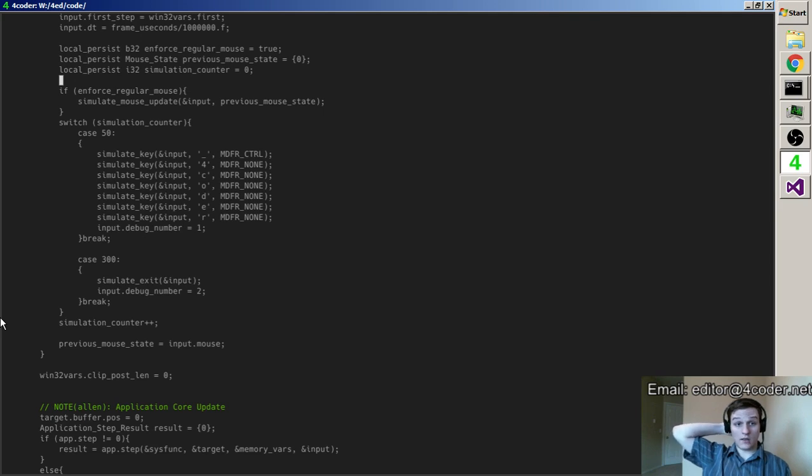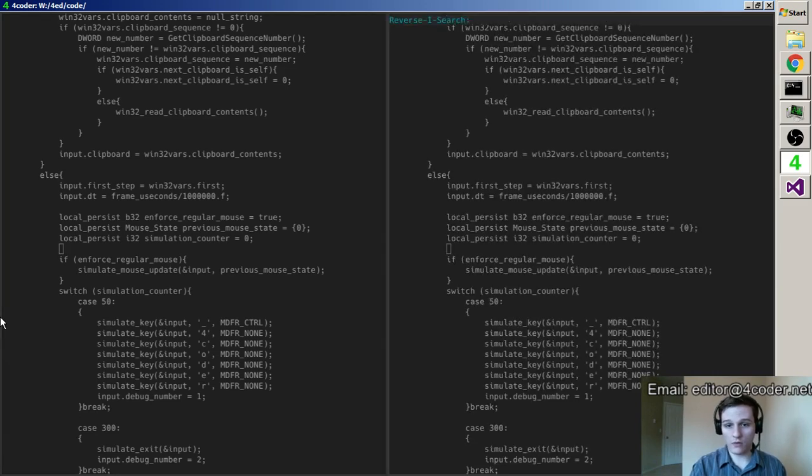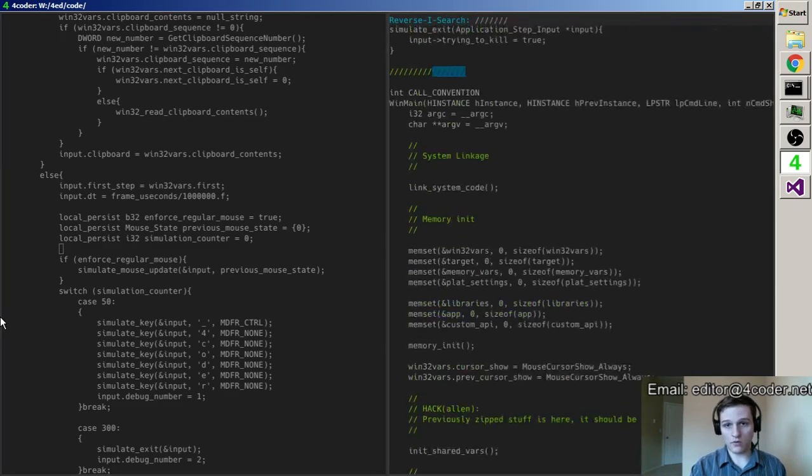Exit. So the next part is I don't want to have to keep writing these switches and pasting code in or something to run all my tests. I want to have some kind of driving system that auto does this, and I just load in a chunk of data and run it, and it is a test, right? So let's try to clean this up a little bit. I have all these local persists. I'm thinking struct. So let me come up here to this spot.